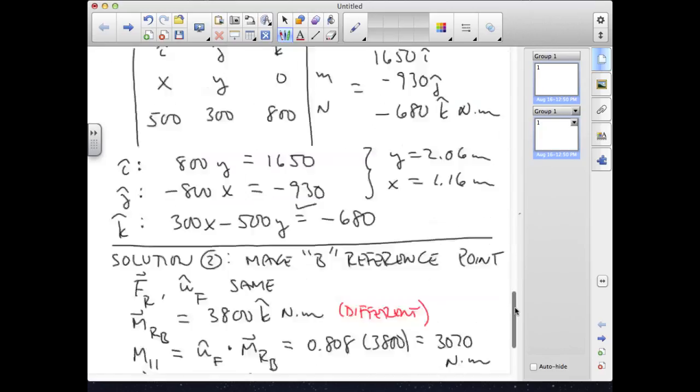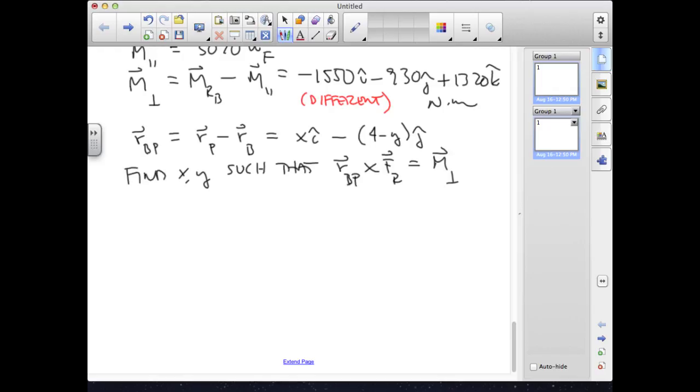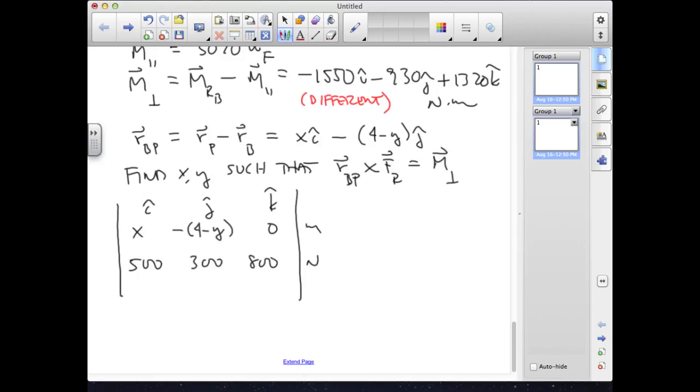So now I'll come all the way back down to the bottom, and we'll note that RBP is RP minus RB, and that will be XI minus quantity 4 minus YJ. Again, we want to find X and Y such that RBP cross the resultant force is equal to the perpendicular moment. That looks like this, which is now equal to minus 1550I minus 930J plus